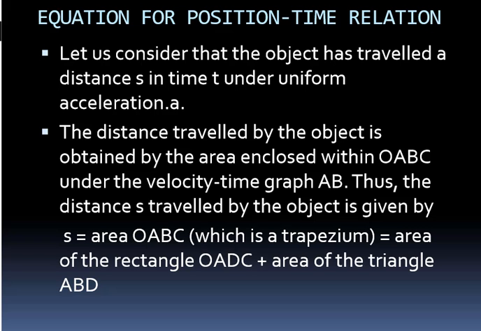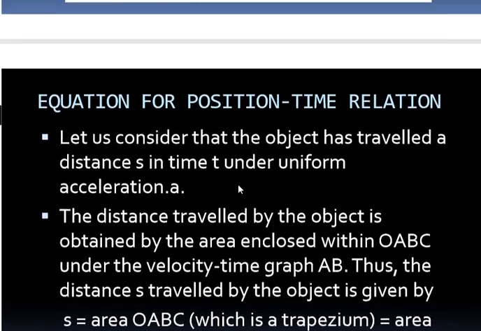In this condition, the distance traveled by the object is obtained by the area enclosed within OABC under the velocity time graph AB. Thus, the distance traveled by the object is given by S equal to the area OABC, which is a trapezium. Now this is related to the graph. So if we again go to that graph,